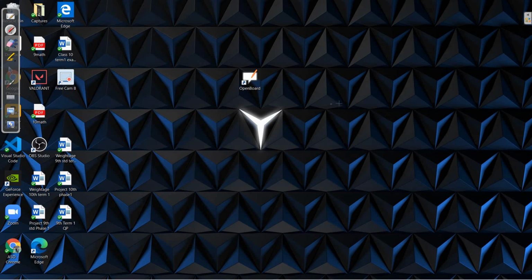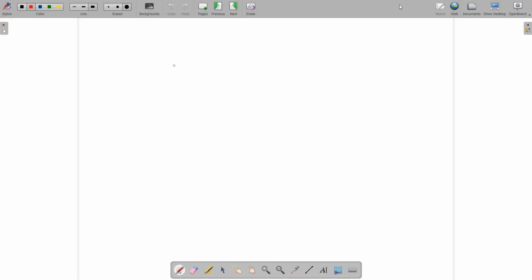So here I have selected pen, and here I can write hello Jyoti, how was the day? So whatever we were doing on the whiteboard, we can do on the desktop. We can write everything on this, and we can do every interaction that is possible on this whiteboard. Now, if we want to return to the open board white space, we have to click on show open board and we are back in the same space.